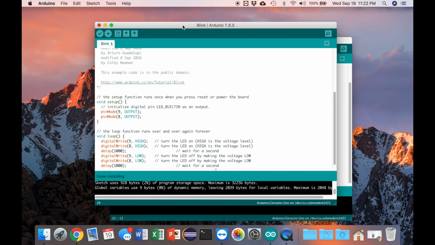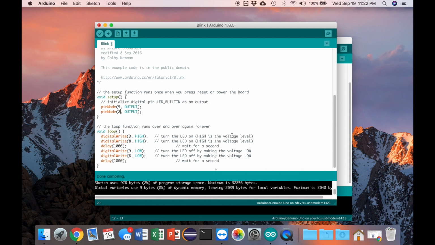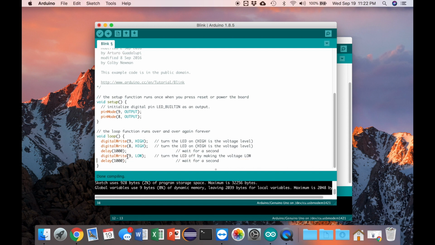Okay, so we've gotten both LEDs to flash, but what if we want them to alternate which one is on and which one is off? That should be pretty easy to do. You can see in the code, we turn both LEDs on, wait a second, then turn both LEDs off. All we need to do is switch the lines that turn the LEDs off and on for one of the LEDs. To do that, I'll just rearrange the lines of code